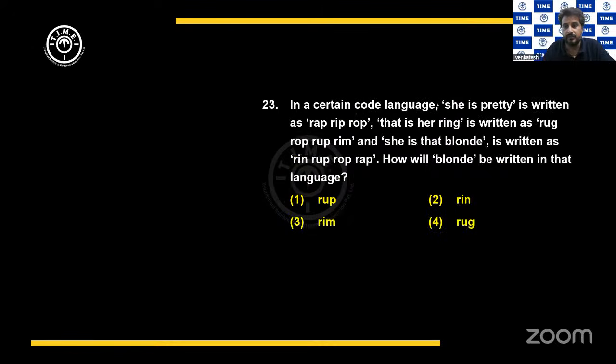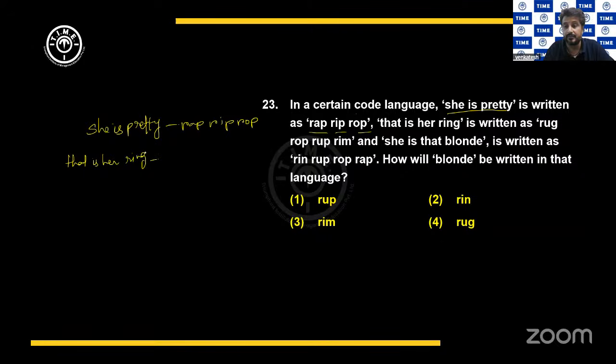In a certain code language, "she is pretty" is written as "rap rip rop", "that is her ring" is written as